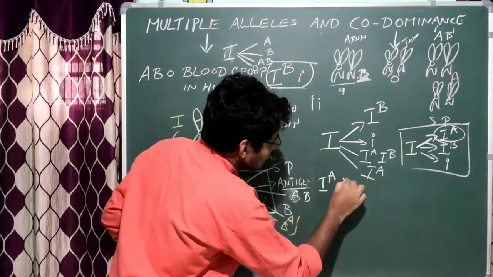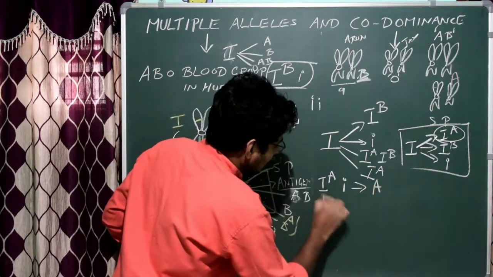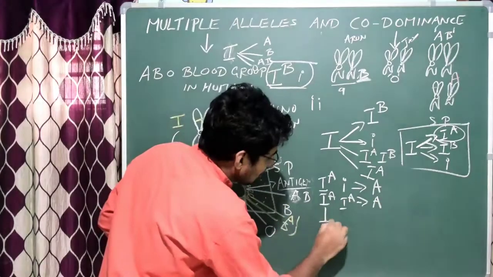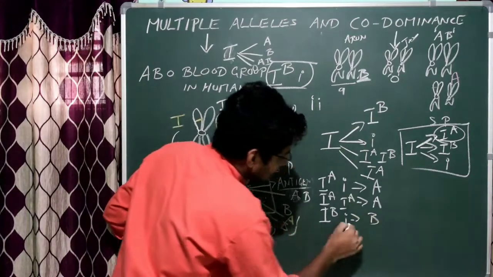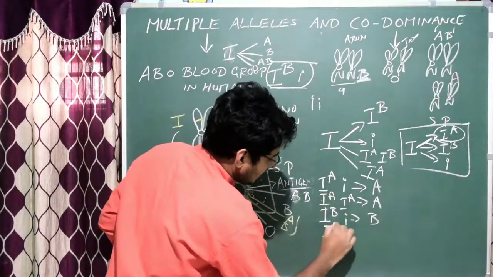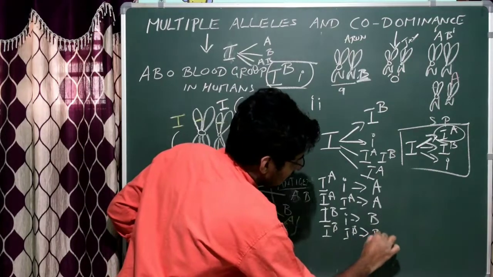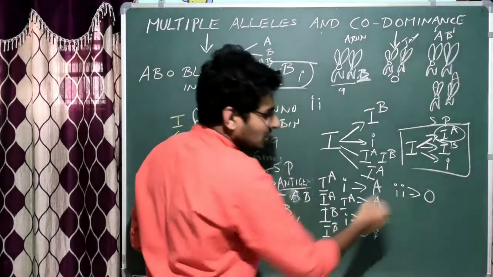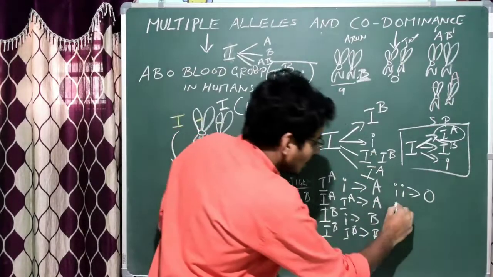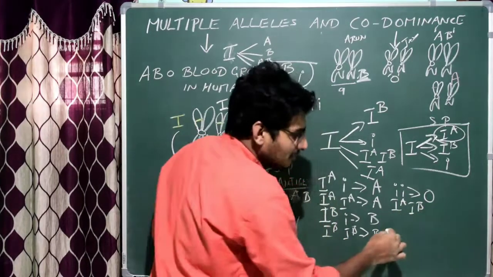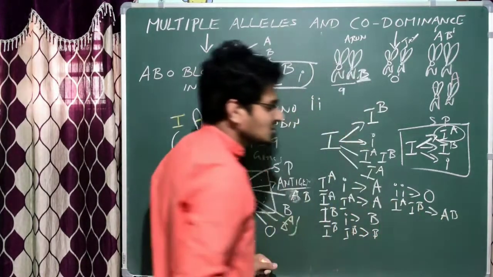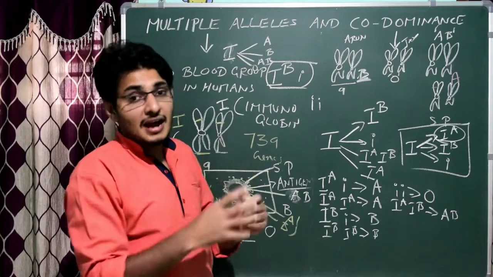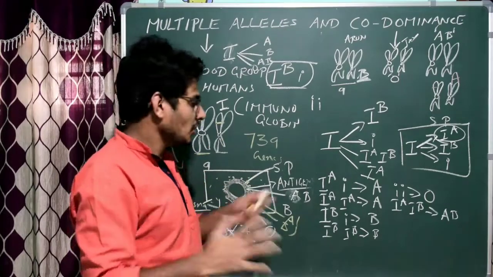If this is the genotype, then the blood group is A, IA and small i. Or if IB and small i, then obviously B. It is heterozygous. This one is homozygous, IB IB, that is also B. The last one is ii, that is O blood group itself, because both are recessive. In other words, if it occurs as IA IB, then the blood group is AB. In this person, obviously both A as well as B antigens are produced, but antibodies are not produced. So that's very simple.